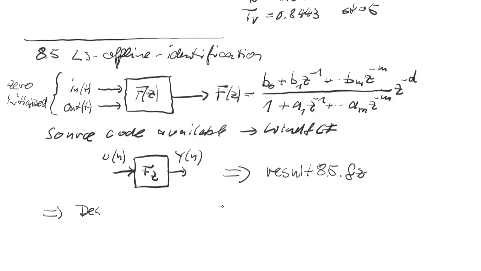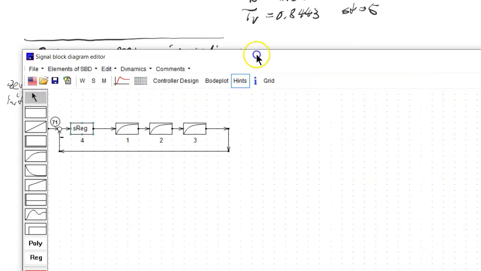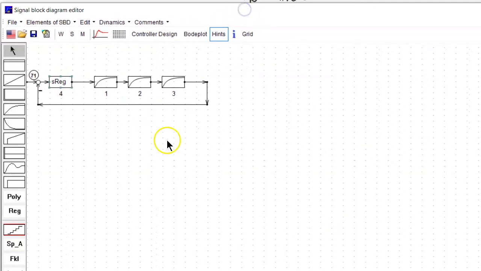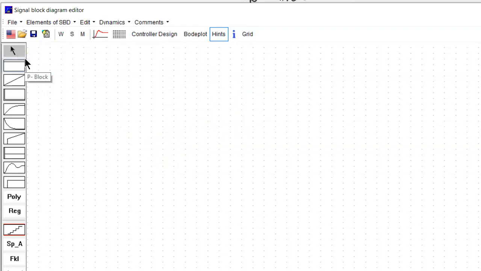Let's try to design a PI. So I show you how to do this in Csii. I have opened already this file. You see this is the last element. We throw this away. We have stored it, and I want to show you that we can also load